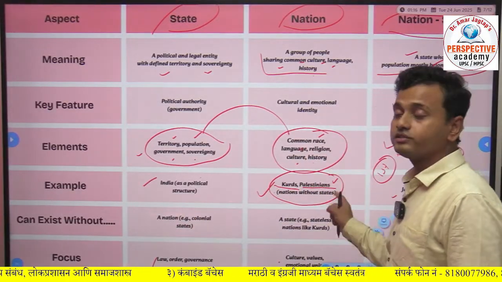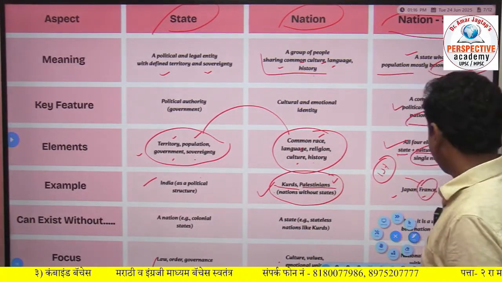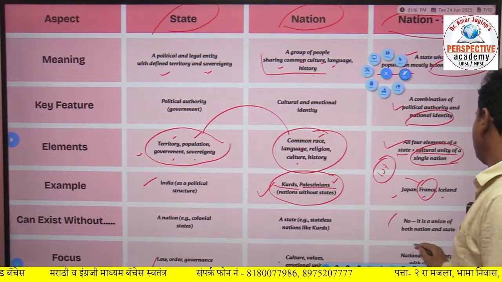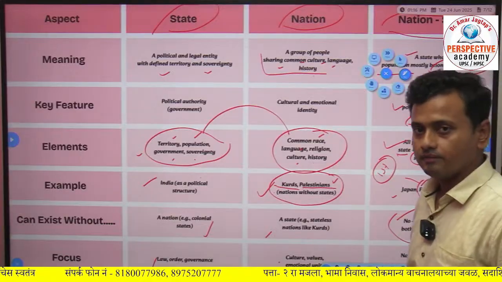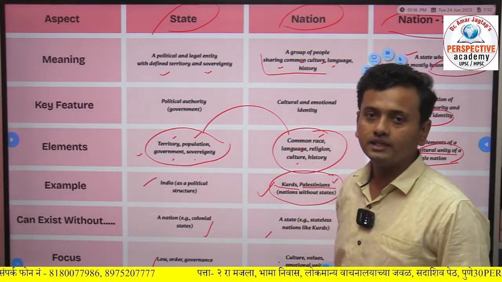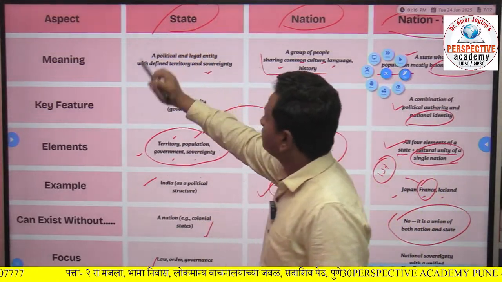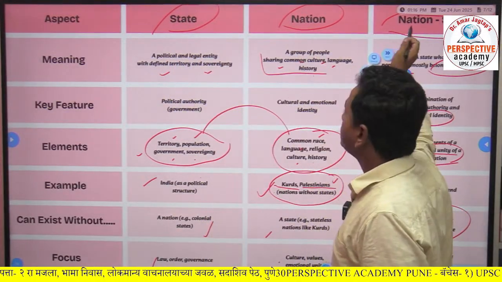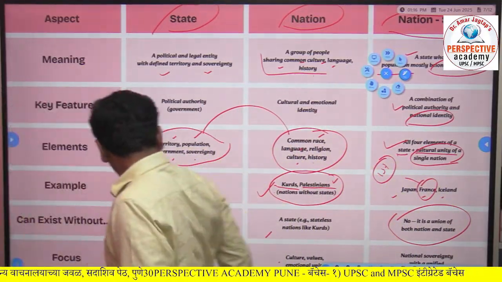And a nation can also exist without a state, like the Kurds and Palestine. So to become a nation state, you have to be both, that is state and nation. Means India is a state and not a nation state. So this is a concept that state, nation and nation state are different concepts. Clear? Next is